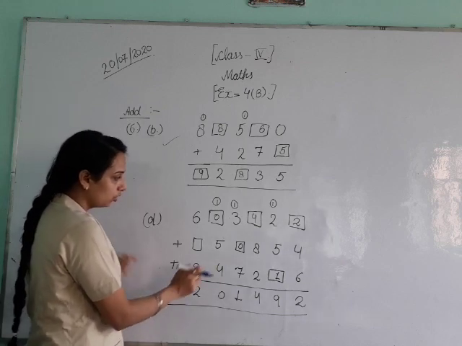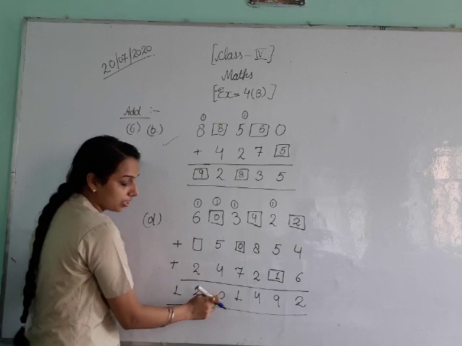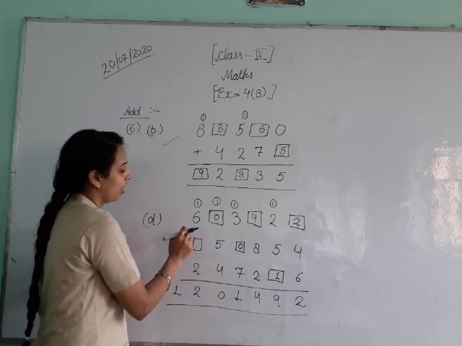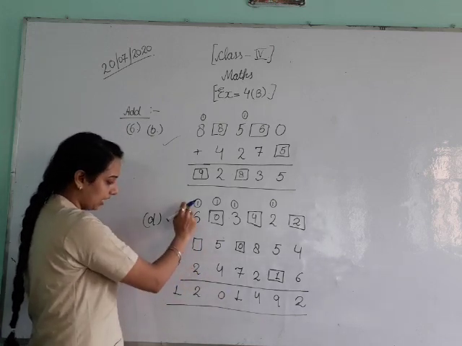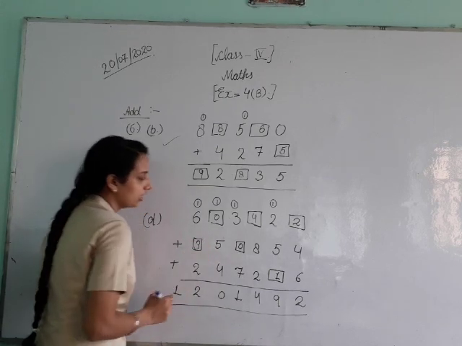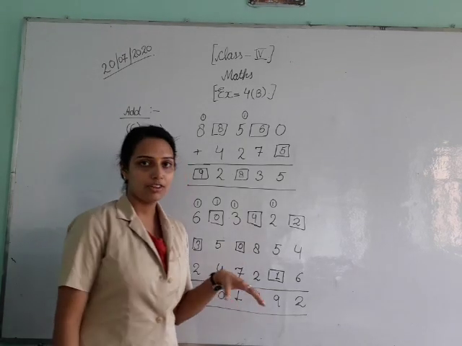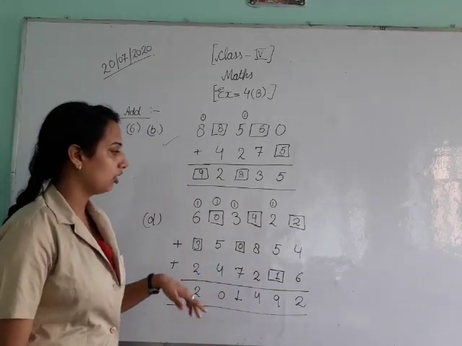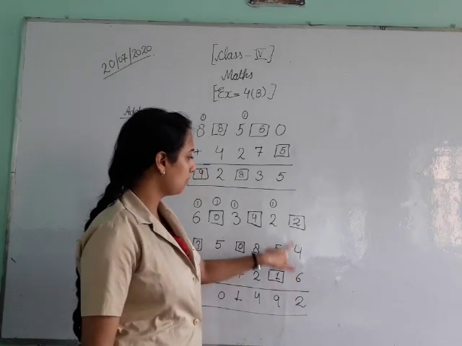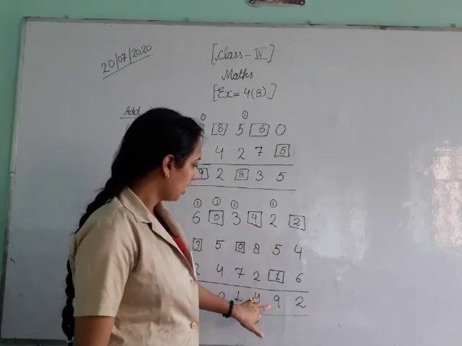What we have to do, students? Already one should be there because there was 10. So again we have to count 6, 7, 8, 9, and to make it 12, we have to put 3 here. Now check it once. If there is something wrong, our answer doesn't match, then again we will do. See, 6 plus 4, 10 plus 2, 12. 1. 5, 6, 7, 8, 9, and 10.